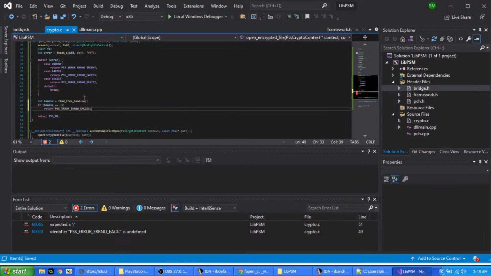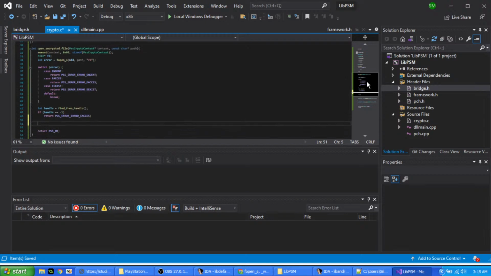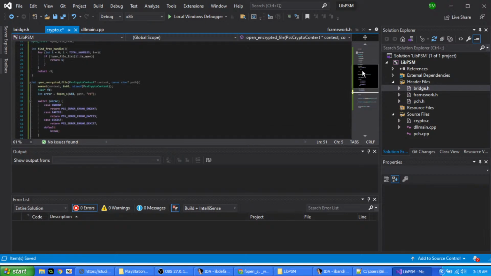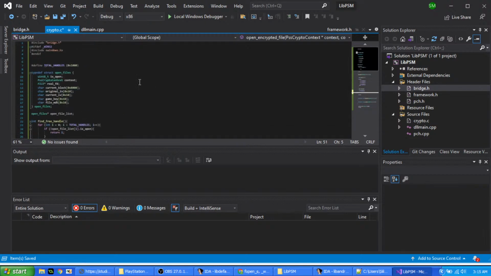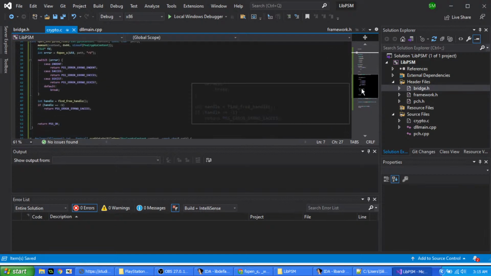Right, because it failed to get access to the file because it couldn't get a handle for it. So, okay, awesome. The next thing, we're actually going to change the number of control handles. I'm worried some games might actually try to open 1,000 files, so I'm going to make it 5,000. Okay, so